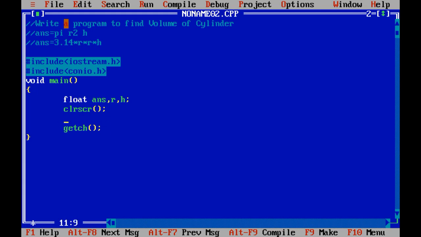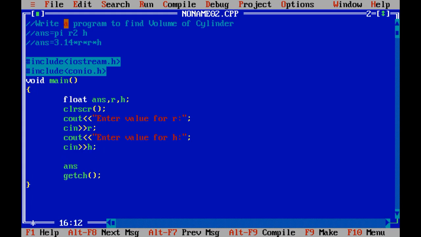Now there are 2 input variables which I need to input. So cout "enter value for r", again cin r, cout "enter value for h", cin h.